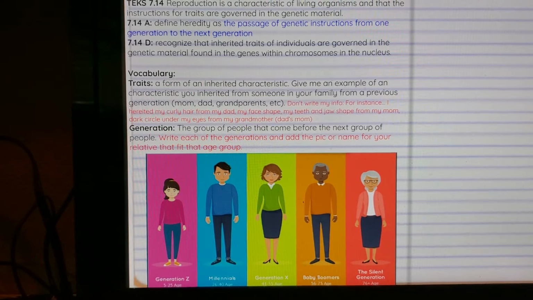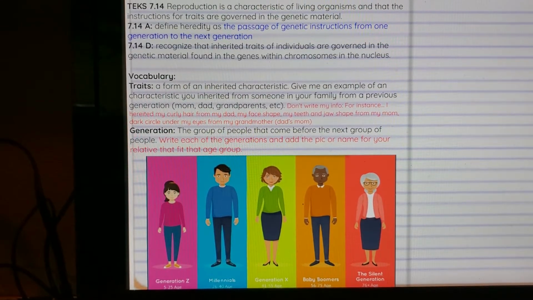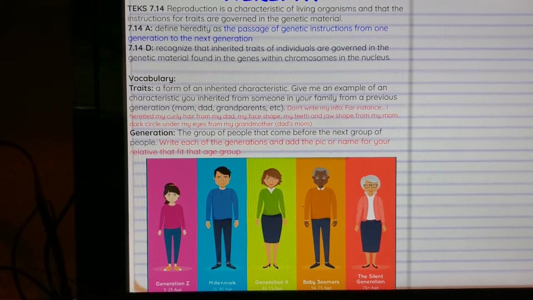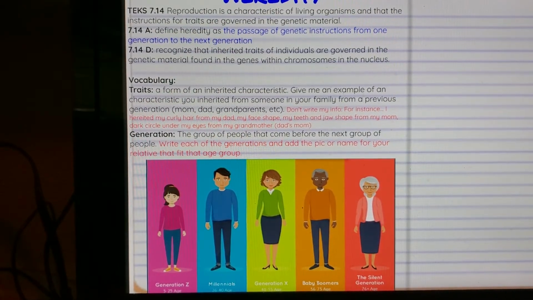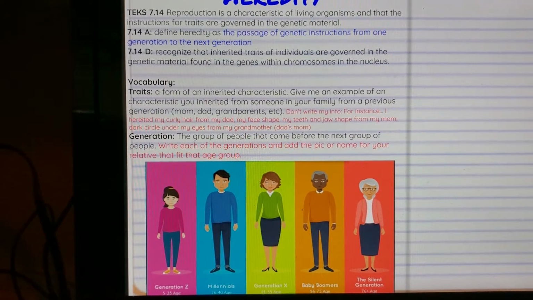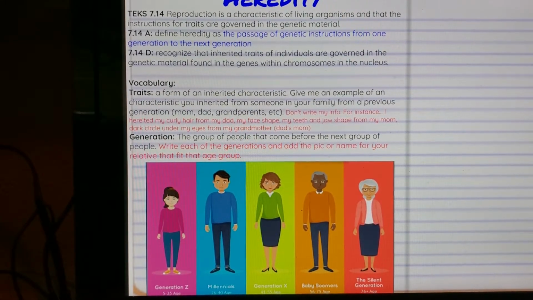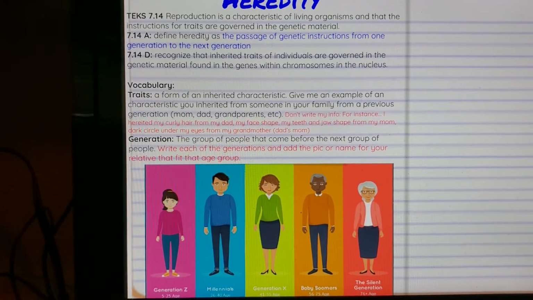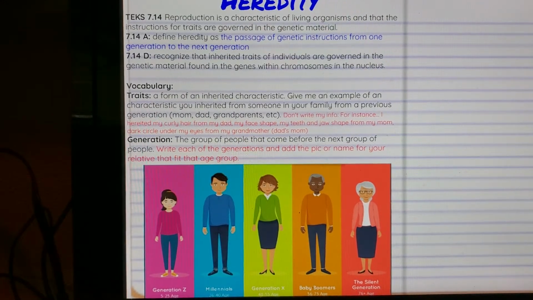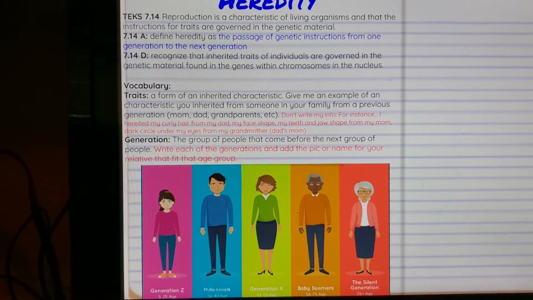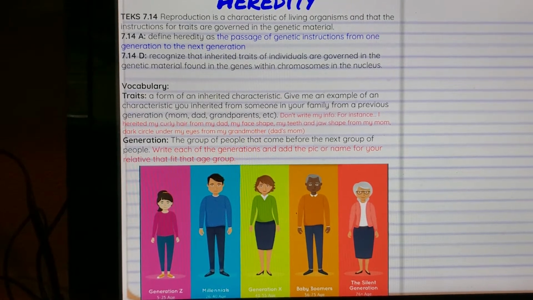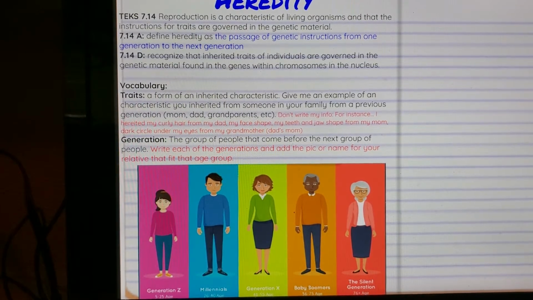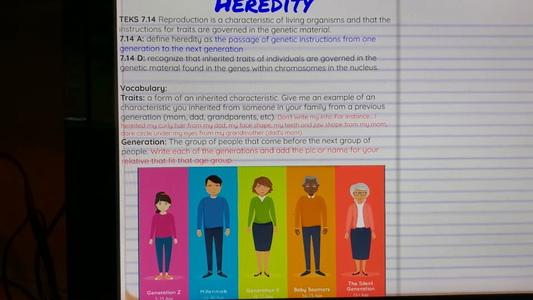But if all those people were related that we see there in the cartoon, that little girl at the end would have got some genes with traits from that person before her, that millennial. That millennial would have gotten traits from the person before him, Generation X, and so forth. But really at the end, the little girl at the end, like yourself, Generation Z, has gotten genes from all of those generations before her. So what we see there are the names we use to call these different generations based on their age.